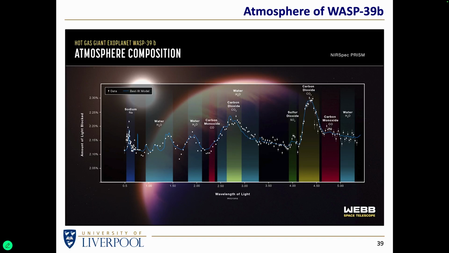This one happens to be WASP-39b. And by looking at where the bumps and the dips of these spectra are, we can effectively start to identify, do we have carbon dioxide? Do we have water? In this case, we seem to have some sodium, some water, some carbon monoxide, some carbon dioxide. We are on the lookout, for instance, for oxygen and methane and perhaps dimethyl sulfide and other molecules which would